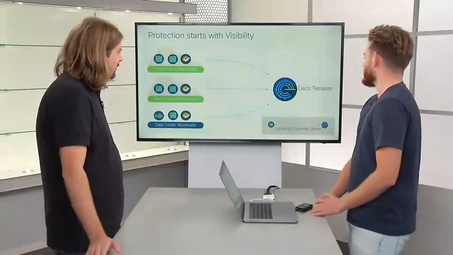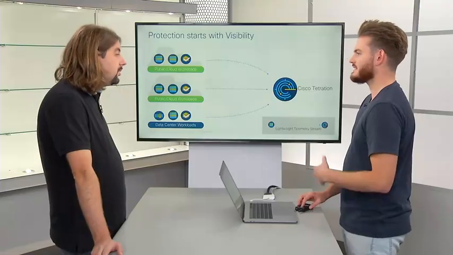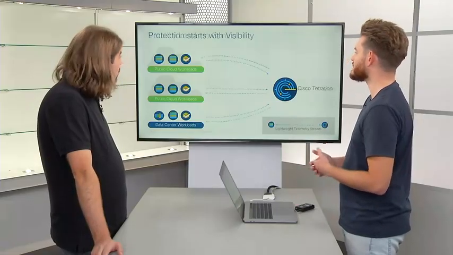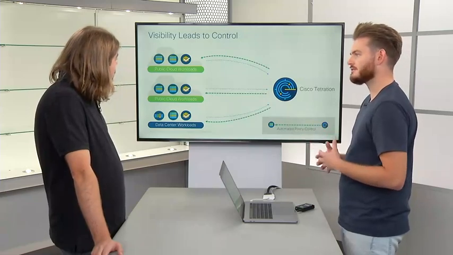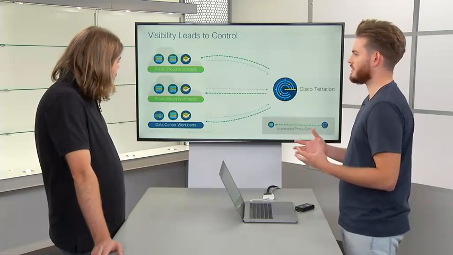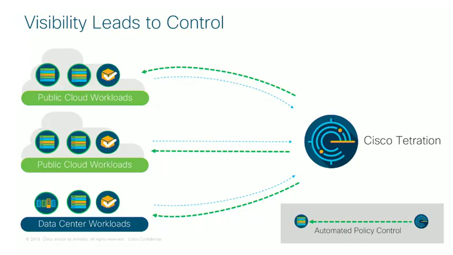So once we have that telemetry, what does that enable us to do? Well, we're going to go into a lot of depth about exactly what we can do, but at the end of the day, it provides you as a customer the ability to control those application workloads. That control might be applying east to west segmentation, or monitoring behavioral anomalies. Whatever control you want to apply, you have that capability via Tetration using that distributed software agent.